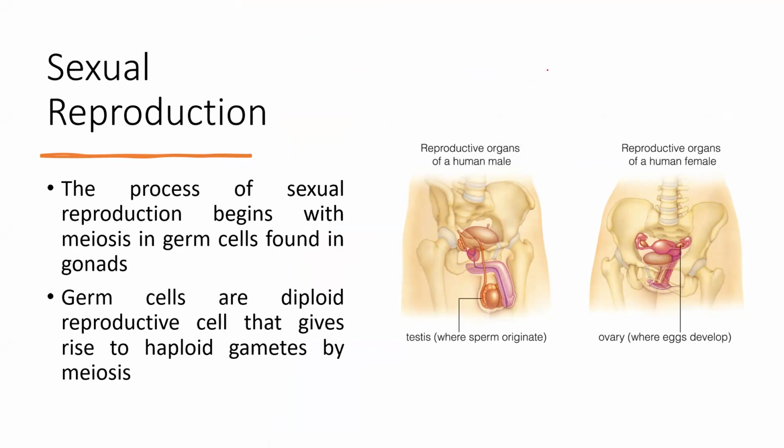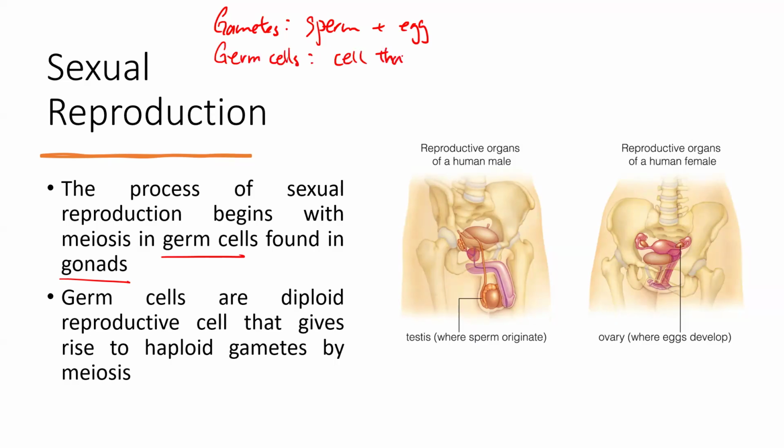All right, so sexual reproduction. A lot of new words for you again, okay? The process of sexual reproduction begins with meiosis in germ cells found in gonads. Okay, so a lot of G words here. So gametes are, what are gametes again? Do you remember? Sperm and egg. Okay. How do you make gametes? You have to take germ cells. Okay. Germ cells are cells that will become